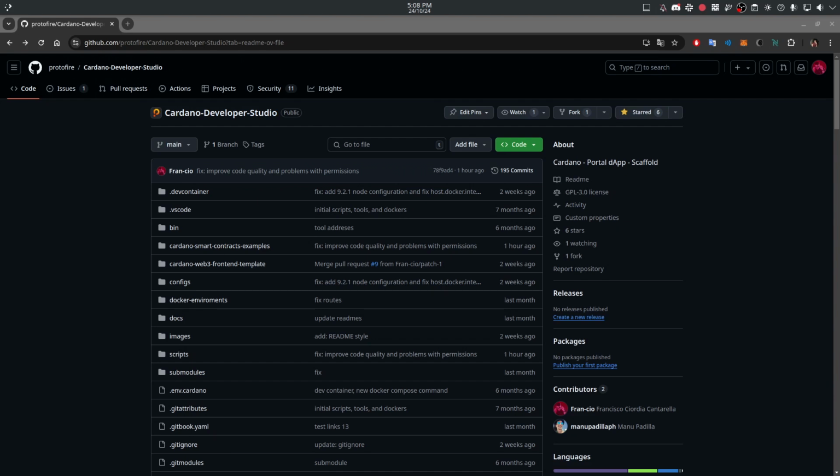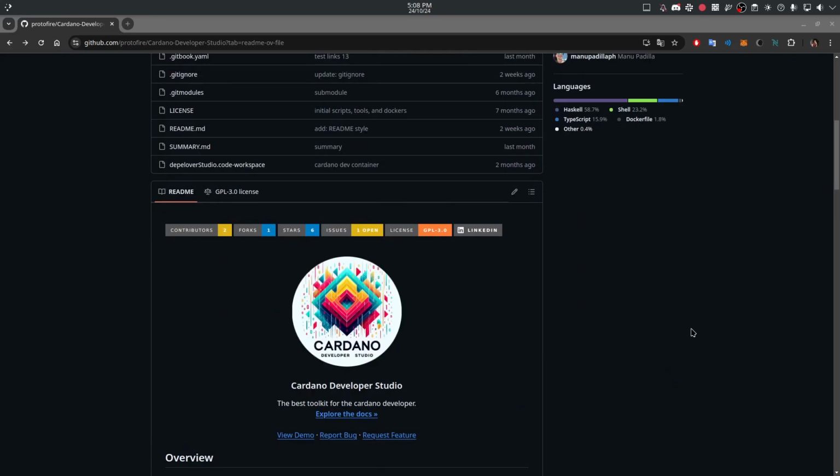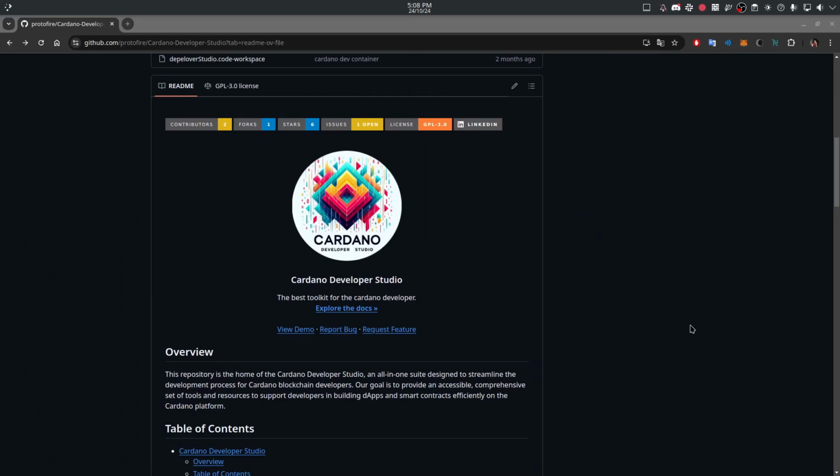Today I want to talk about this project which recently released its first version. It's called Cardano Developer Studio. This one has only one objective, and that is to be a kind of place where you can find everything you need to develop